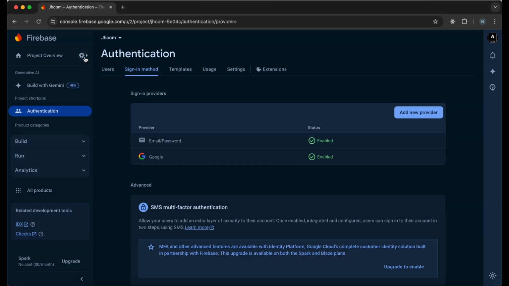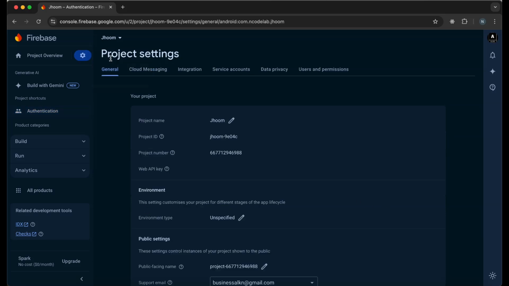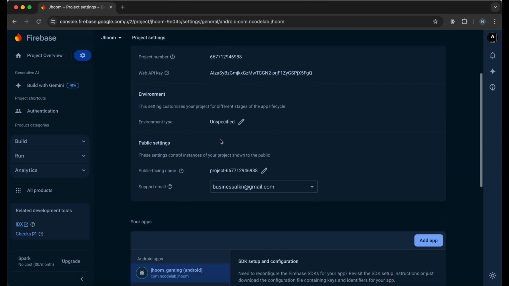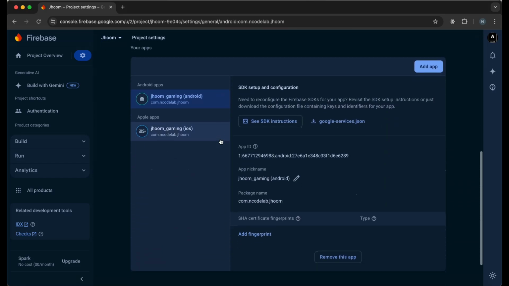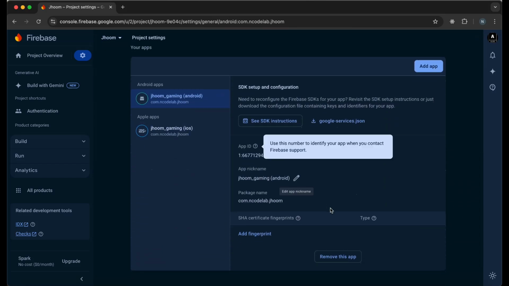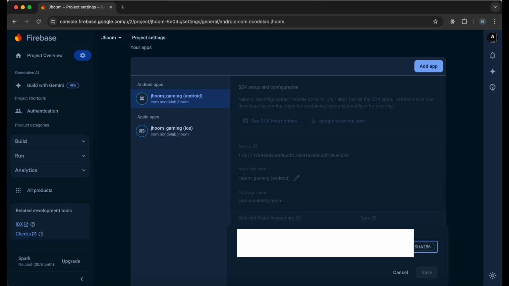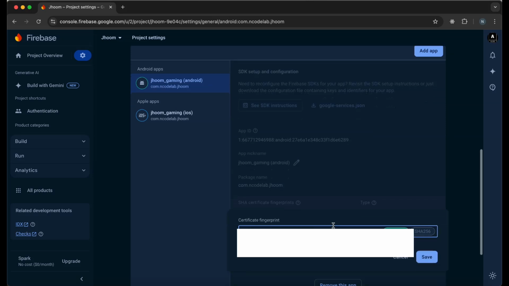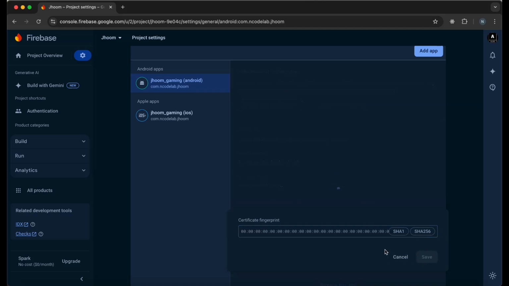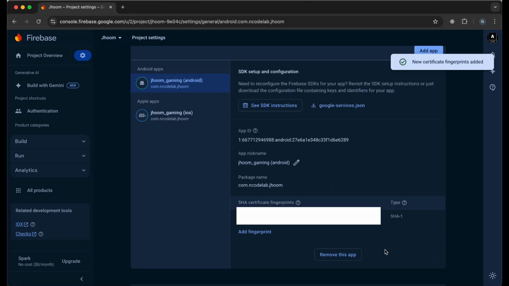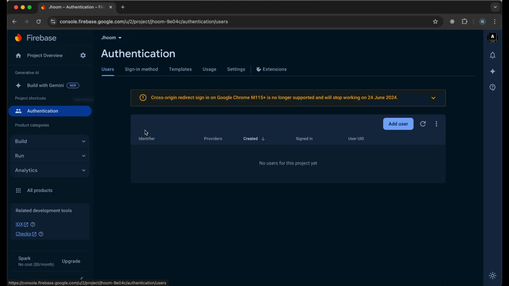Now in the sidebar, click on the Settings icon, then select Project Settings. Scroll down to find your Android app. At the bottom, click on the Add Fingerprint button. Paste the SHA-1 key you copied from the VS Code terminal and click Save. Now the Android SHA-1 key is successfully added for the app, so the Google authentication will start working for Android